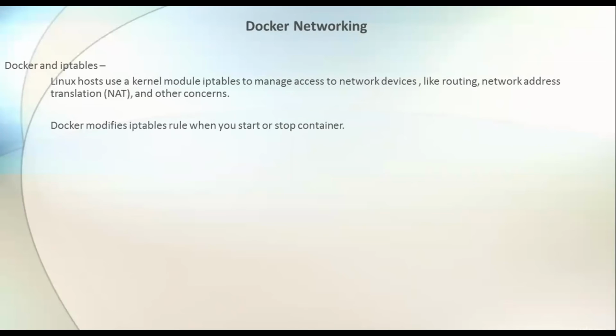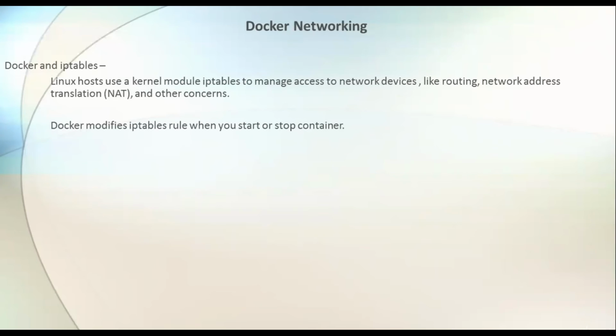Today we are going to talk about Docker networking. Docker networking allows the container and the host to communicate with each other, but it also allows the container to communicate outside the Docker host. So a Docker container can easily access any internet site. The Docker host can easily allow all the containers to communicate with each other. Any application of the Docker container can be easily accessed outside of the Docker host from any network.